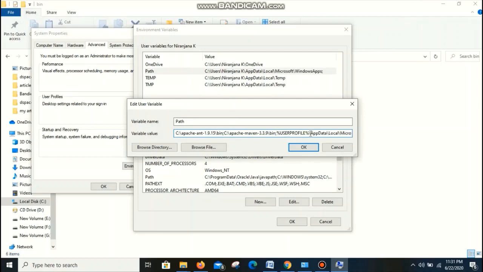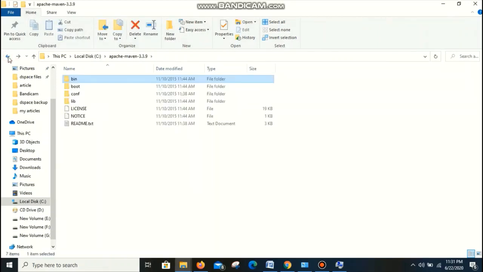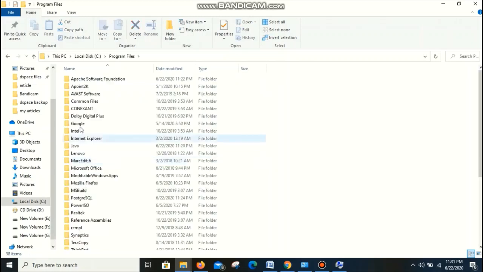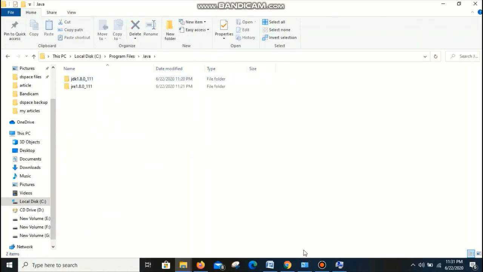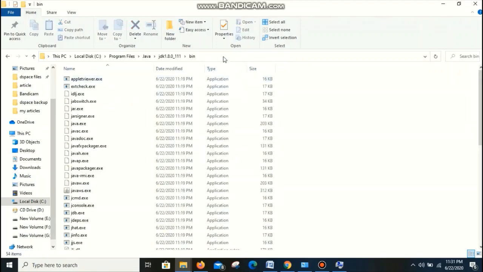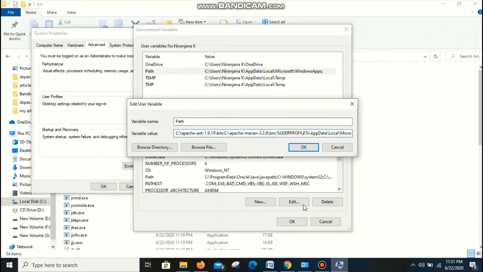And then the last one is Java. I need to give the Java path. For that you need to go to Program Files on your PC, Program Files, Java. Here two versions are there. I need to take the JDK version, not JRE. This may create some confusion, so don't get confused over here. Just select JDK, and copy and paste that version